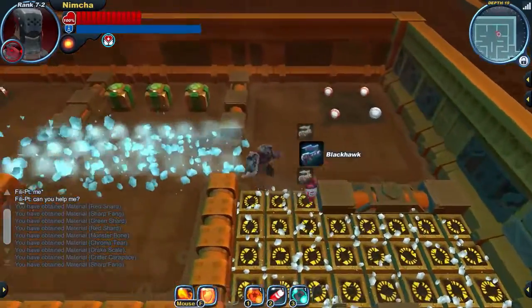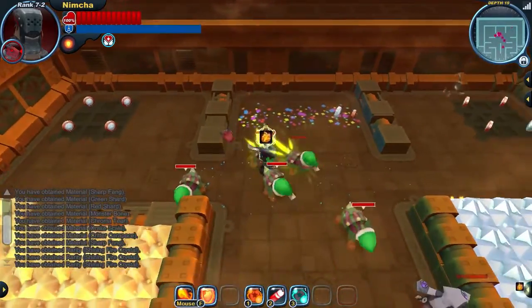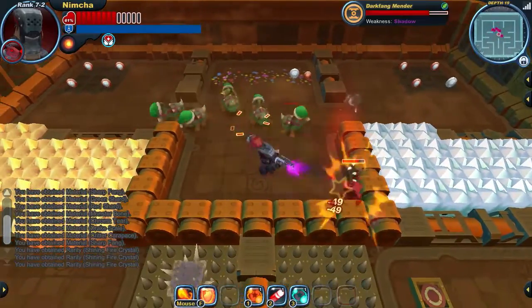Some loot boxes. Come on, give me some orbs. We love orbs. There's no orbs. Well, there's some shining crystals. I have been lacking in the shining crystal department, so...